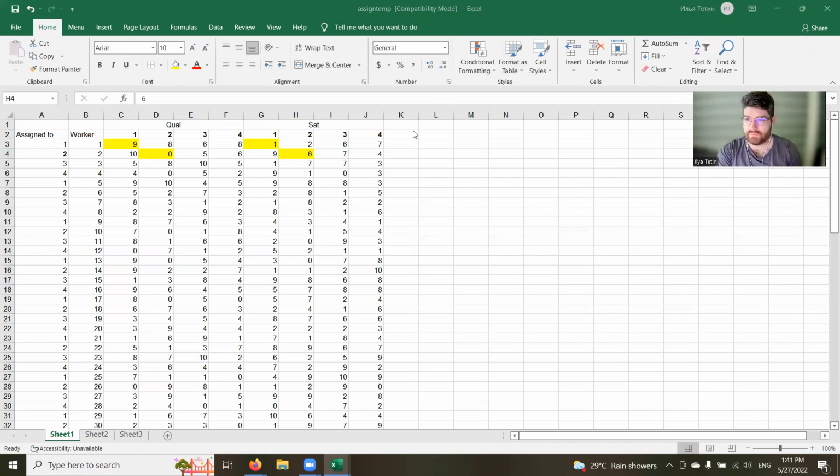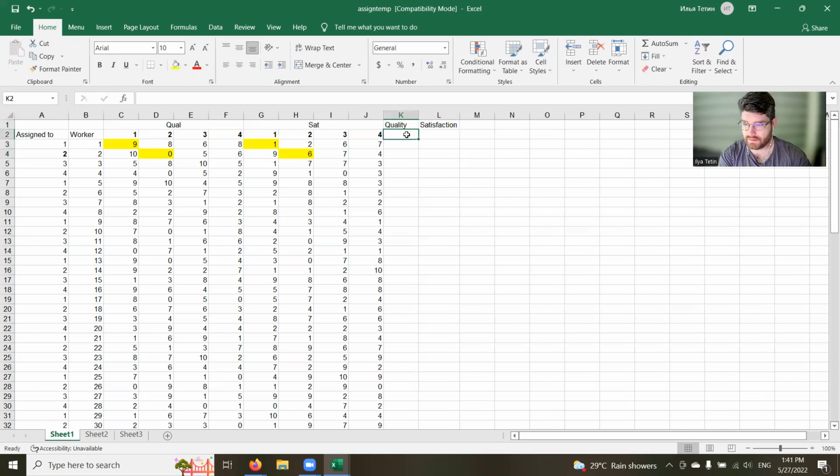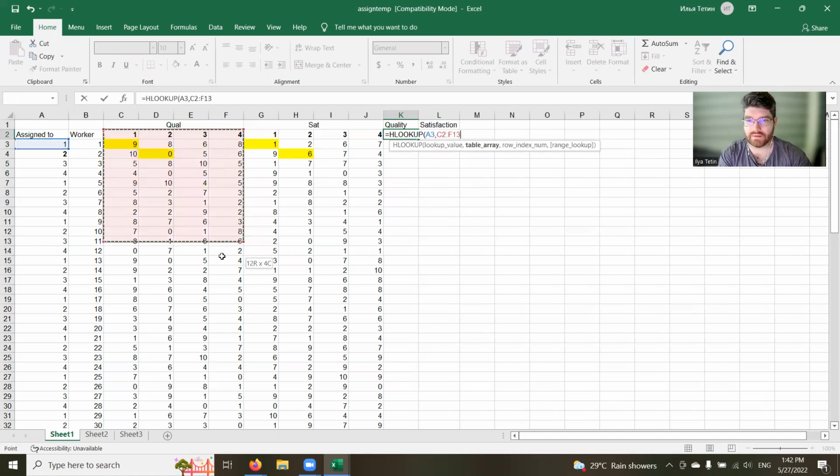So let us create a couple of new columns, and each column will have the horizontal lookup. Here the HLOOKUP: we are looking up the value assigned, and our table array will be this one for